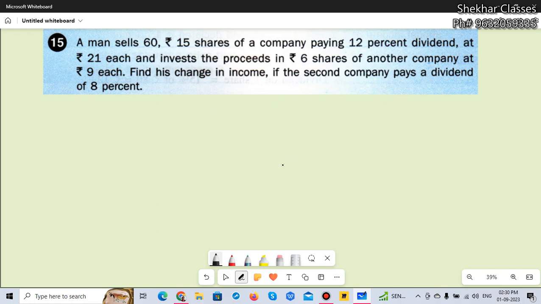So we have to draw a line in between, and then we can start writing the given part of the first one and the second one, and we will calculate the dividend in both the cases, compare it, and whichever is more, we have to find the difference in that case after that. Okay,